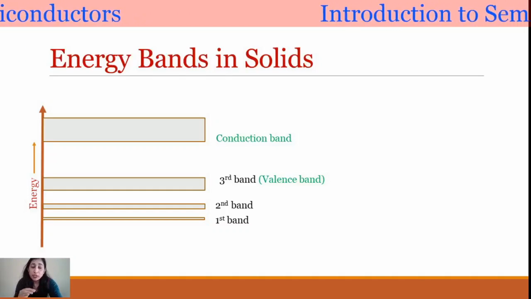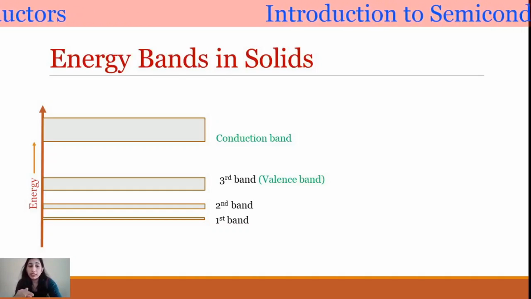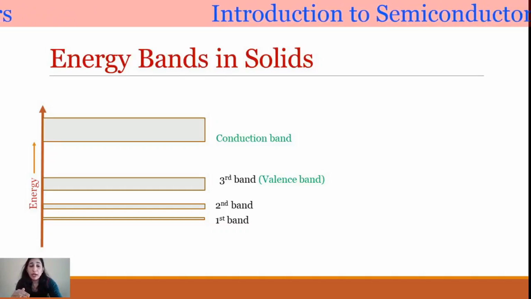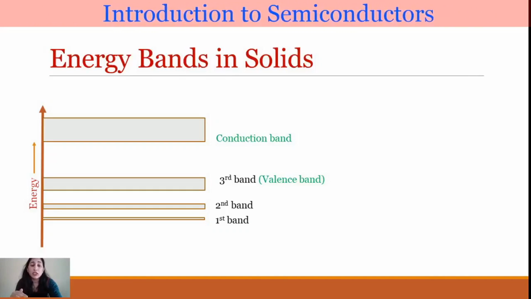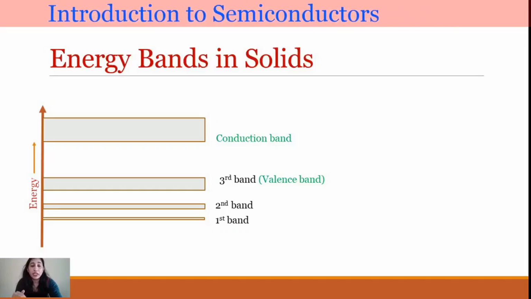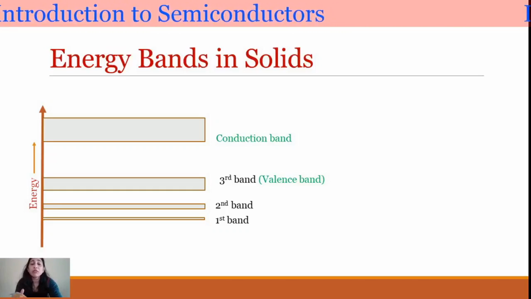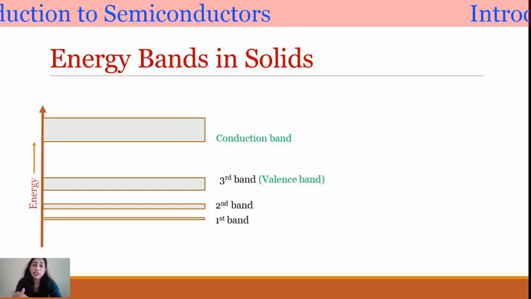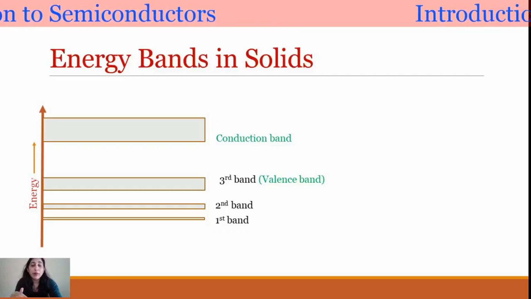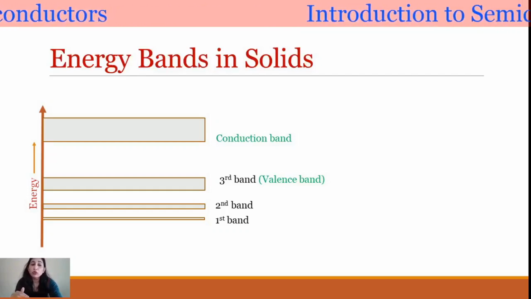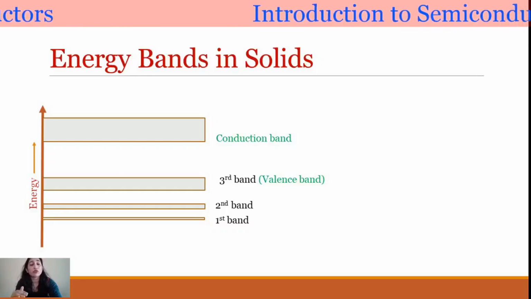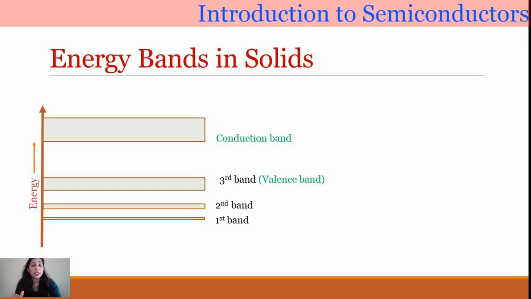तो वो सब मिलकर फर्स्ट बैंड बना लेते हैं। The first band contains all those electrons which have energy equal to the first shell. Similarly, there would be millions of other electrons which have energy matching with the second energy level, and all those electrons join together to form the second band.